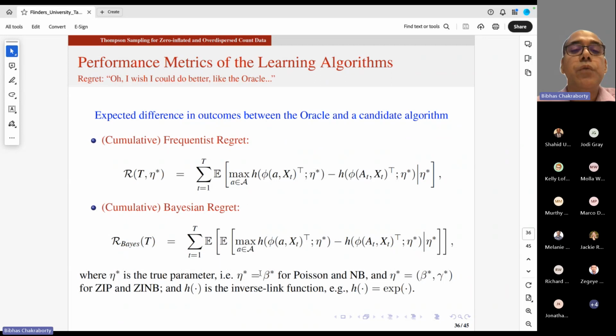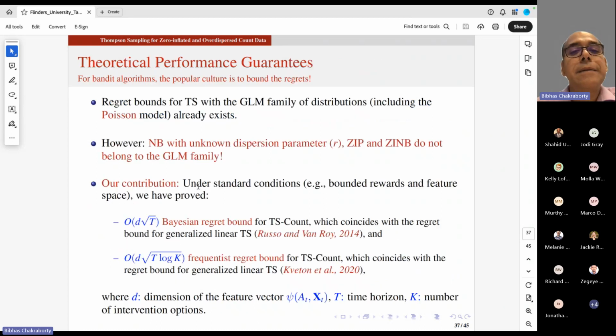So these are the two versions of the regret. Bayesian regret is like the average case of regret. On average, how much you would regret. Whereas the frequentist regret often is stricter. It deals with the worst case scenario, because it's for any given value of the true underlying parameters. So we have done some theoretical work in this space.